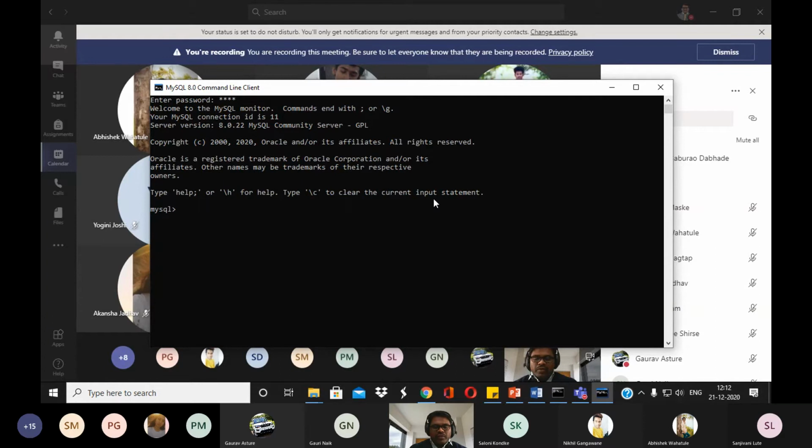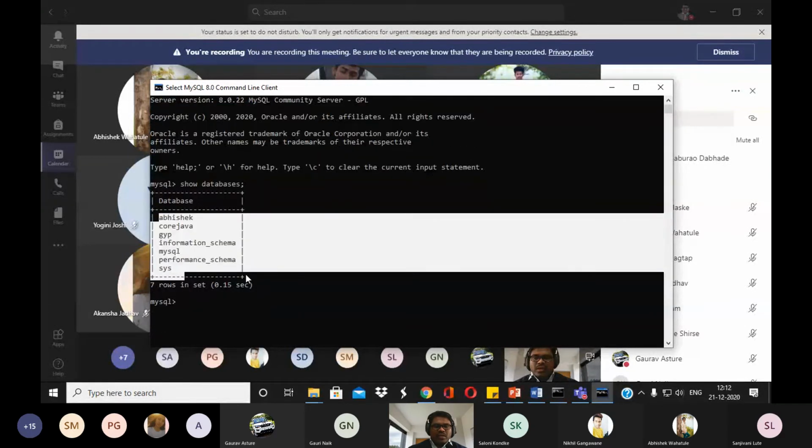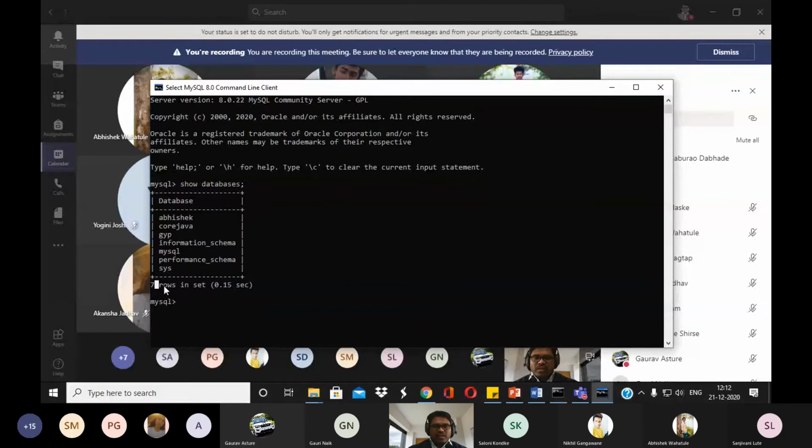Okay, so if you want to see what databases are present in your MySQL database, you can write like this: show databases. Okay, so now you can see these are the 7 different databases present right now. So you can select any one of them. So you can use, for example,